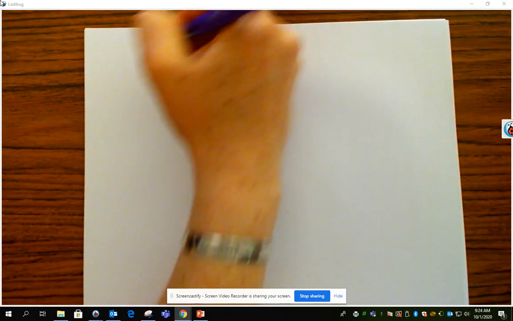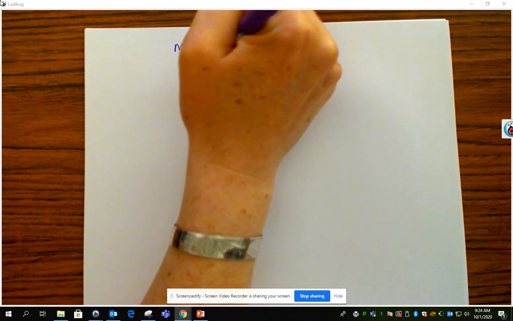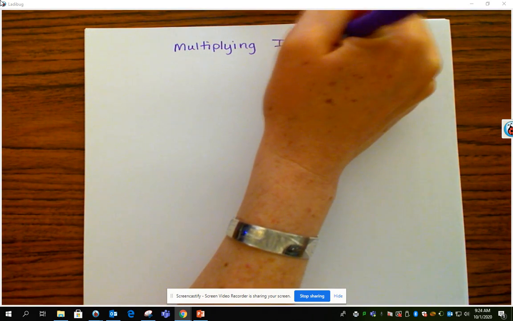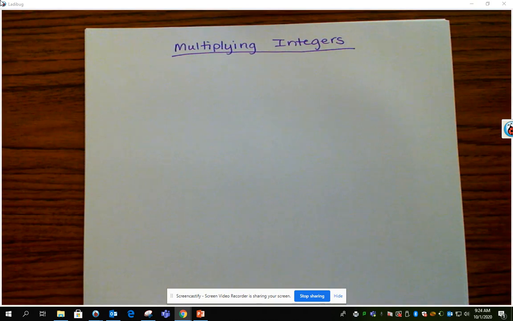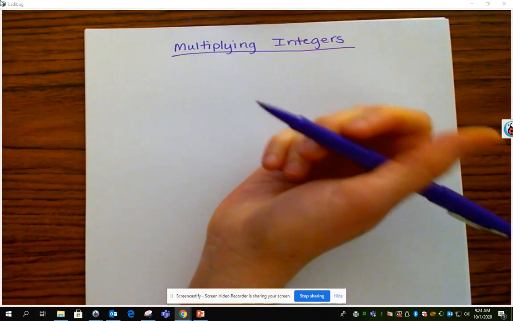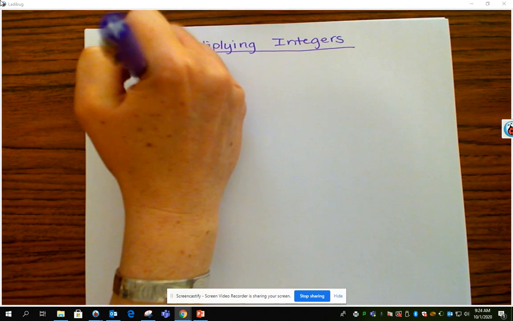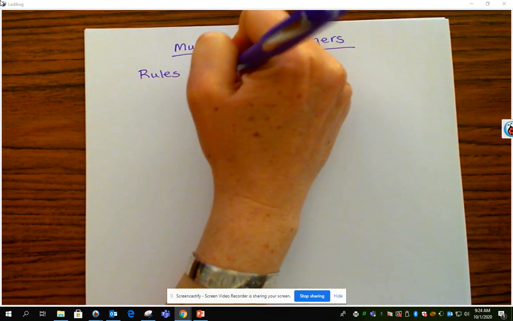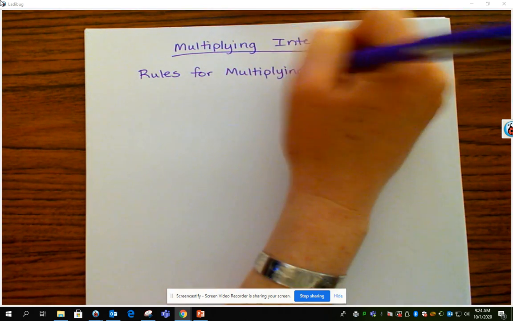Hi guys, today we're going to be learning how to multiply integers. So let's label our notes today multiplying integers. And just like with adding and subtracting integers, there are rules that help us to figure out what to do with the signs. So the rules for multiplying integers